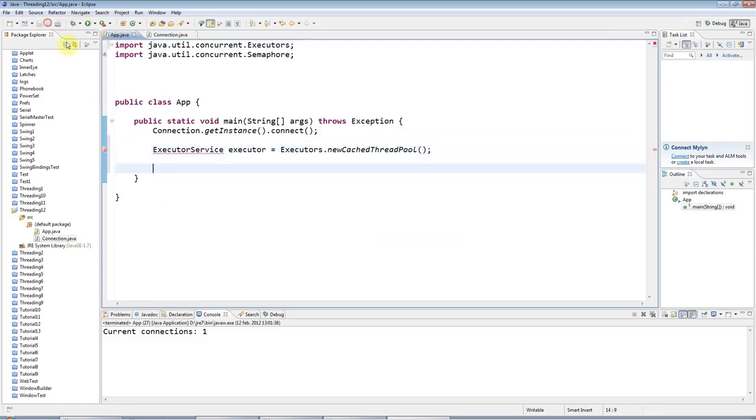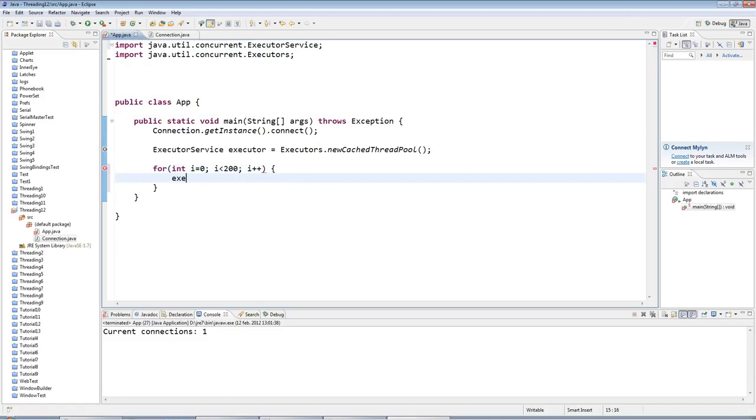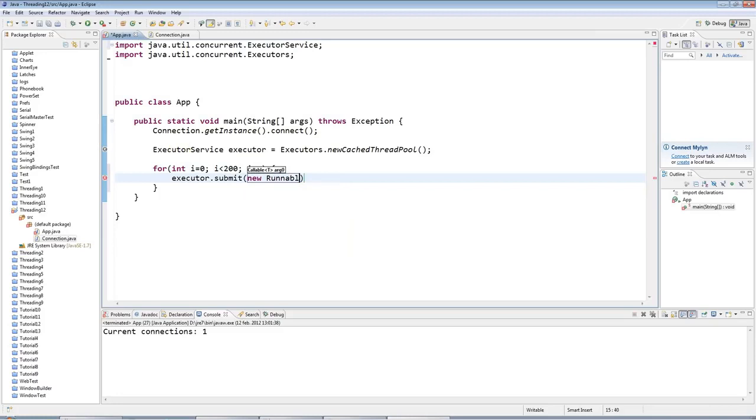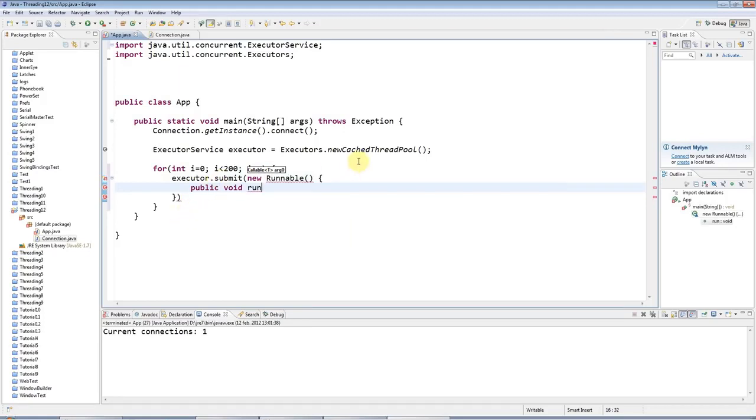And a cached thread pool is just a thread pool which, every time I call submit on this executor, which I'll do like 200 times, so i++, I'll say executor.submit, it will just create a new thread for me, and it will try to reuse threads. So if it was able to reuse a thread that had become idle to run one of these processes that I'm submitting, it would do. But here I'm just going to submit 200 all at once, so there's not going to be any reuse of threads, I don't suppose. So I'll say here public void run like that,